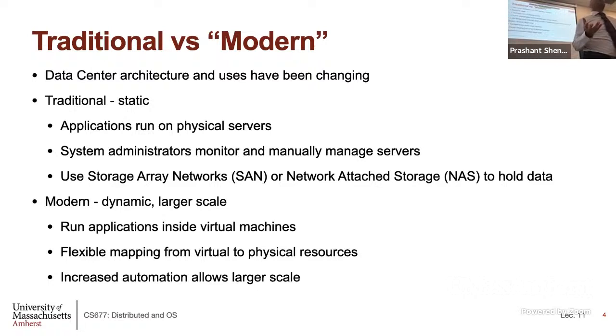What this allows you to do is a flexible mapping of VMs to physical machines. Last time we were talking about virtual machine migration and live migration. So if some server gets overloaded, you just have to move the VM to another server. Everything just runs without any downtime. We already saw how to do pre-copy and post-copy migration last time. So you can do live migration of virtual machines, and your load can be rebalanced.